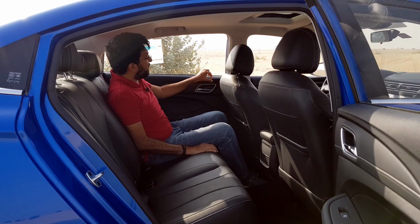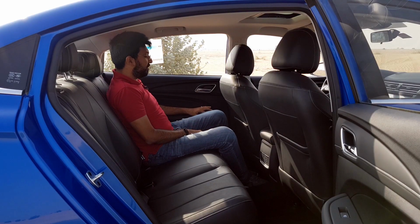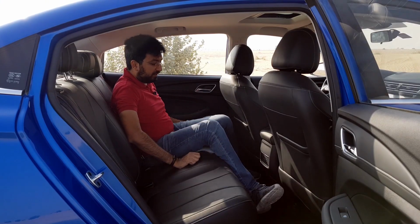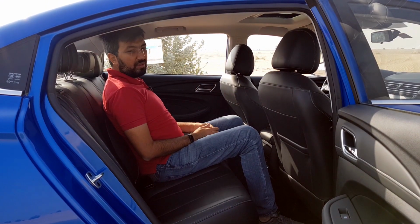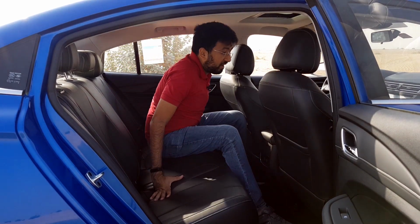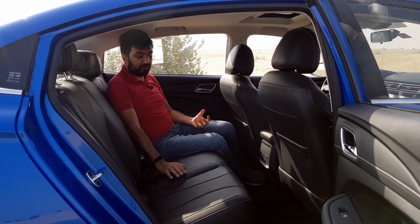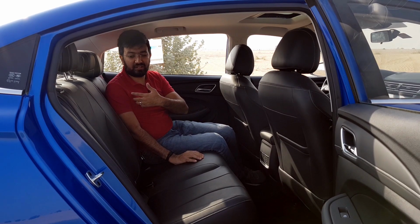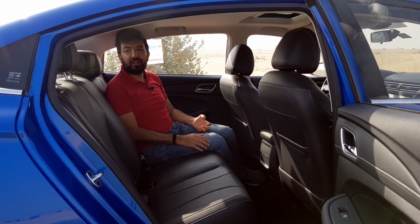And the door cards are again plastic door cards, and then they have this leather in between where you rest your hand, and there is a bit of a tunnel out here, like a small one but not big enough. So when you sit in the center, although the middle seat has a bit of a hump in it at the bottom and also in the back, yeah, but it's comfortable. So the middle passenger can still sit comfortably, and also there is no armrest out here, but just as I mentioned, it's just a single one piece backrest, so that can also be folded down, but there are 3